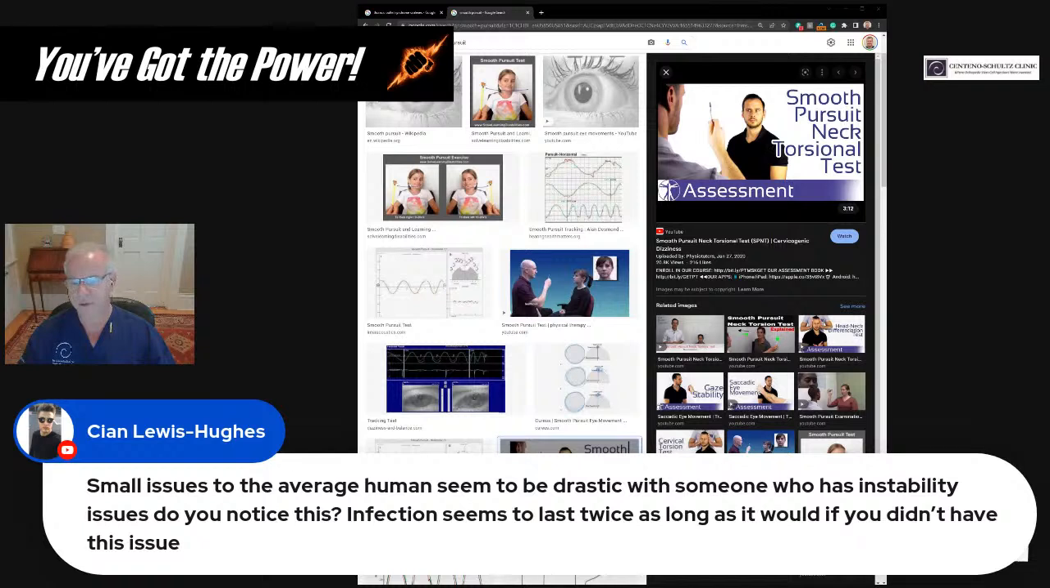CN, small issues, the average human seem to be drastic with someone who has instability issues. Do you notice this? Infection seems to last twice as long. Yeah, I think one of the things you're seeing there, and this is an important concept, right? Because, for example, there's a study that shows that if you take a patient with relatively low systemic inflammation, meaning in the whole body,